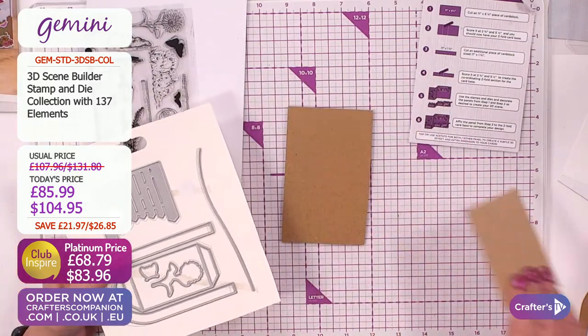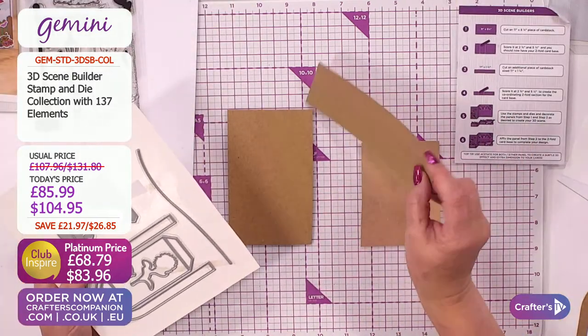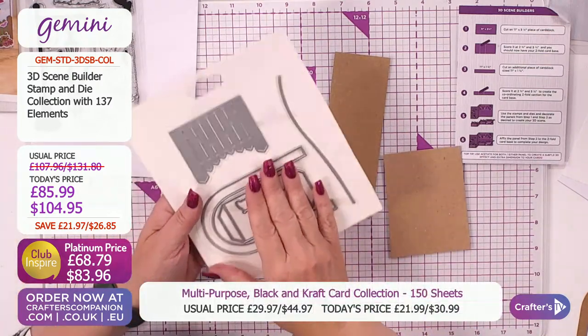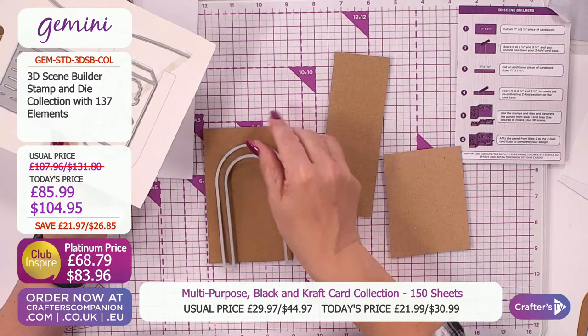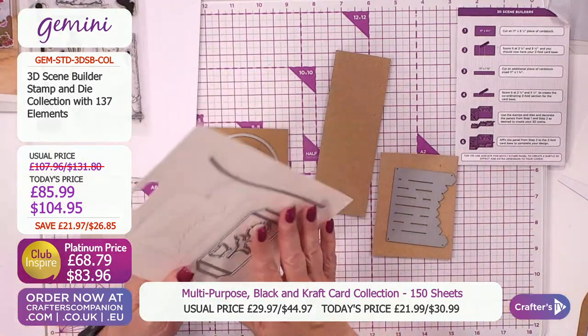Now, our craft card we do have on the show, I believe. We do? Yes. So craft card's a wonderful cardstock. And I'm going to do this with these dies because I want to create this feature of that archway. I want a fence. And I also want...